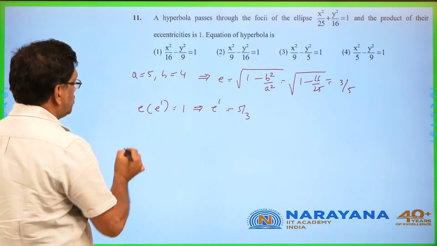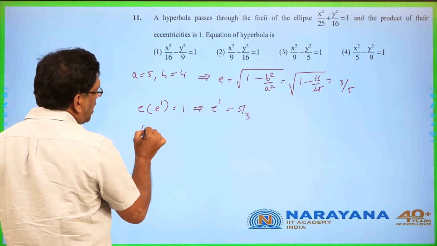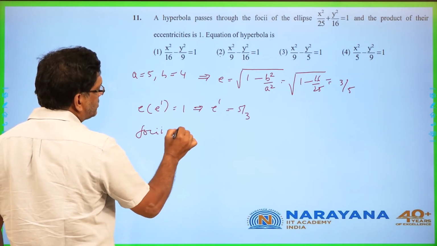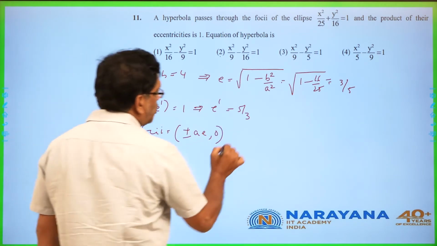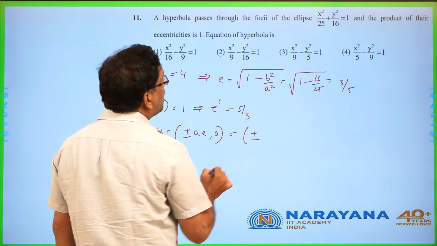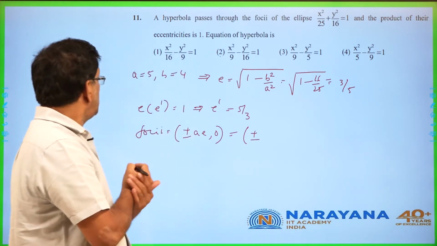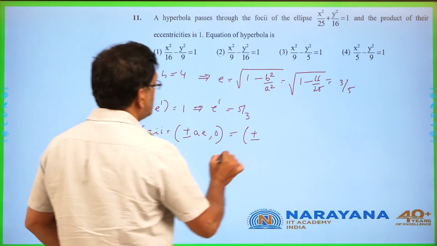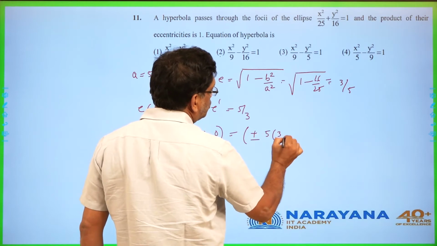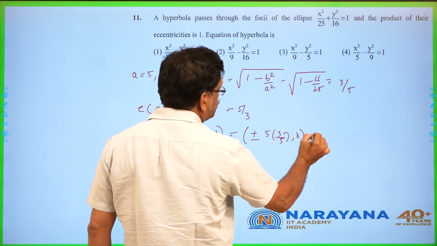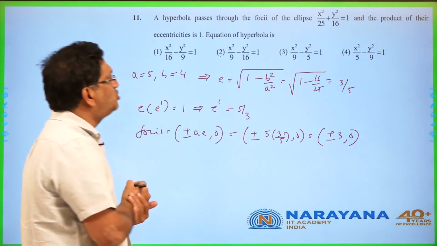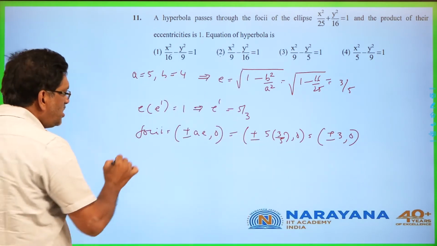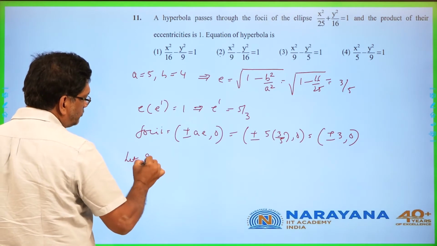It passes through the foci. What are the foci? Foci is plus or minus ae comma 0. That is plus or minus 5 into 3 by 5 comma 0. That is plus or minus 3 comma 0. Now let the equation of the hyperbola be